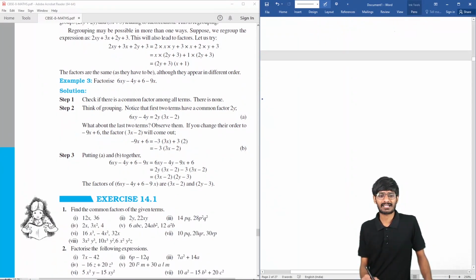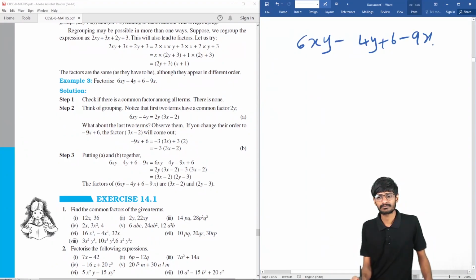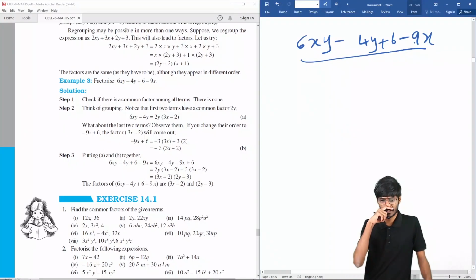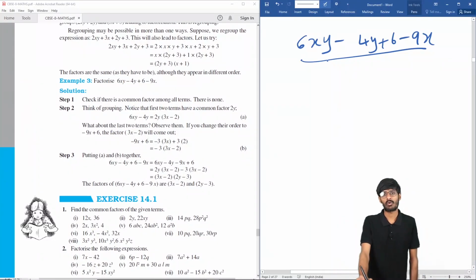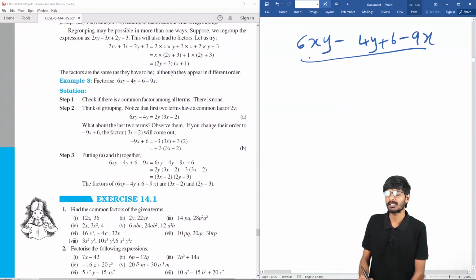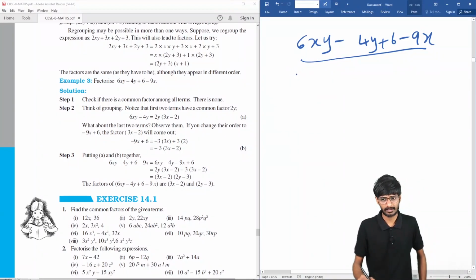So here we are going to factorize this expression, 6xy minus 4y plus 6 minus 9x, students. First thing, look for common factors. Is there any common factor? No. There are common factors in two or three terms, not in all terms. So we have to shift to the next process, that is grouping. How can we do the process? If you see here,